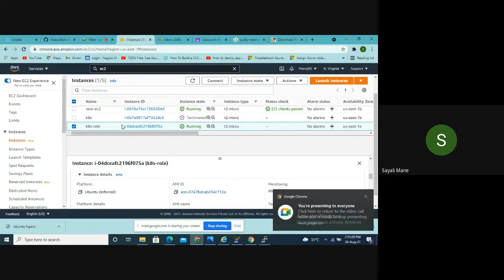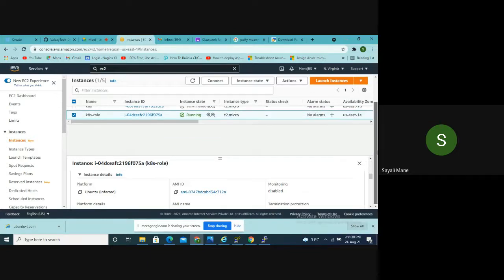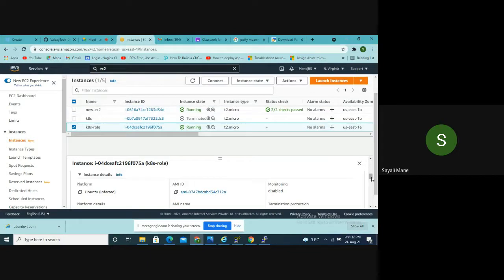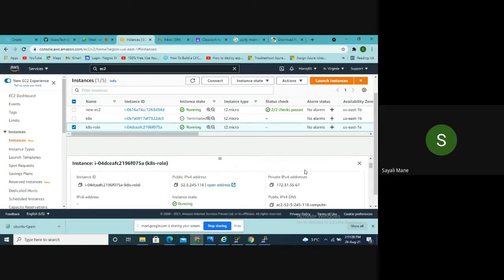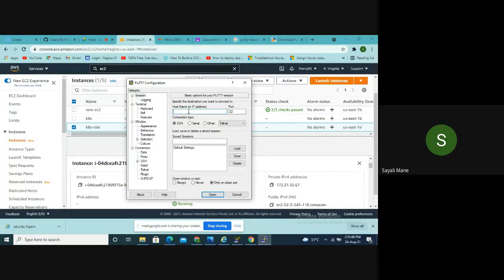So select your role, this role, just scroll down, and here you will see the public IPv4 address, this one. Click on this button, copy this public IP address, come back to configuration and paste it. Do this much first. This is the first step.